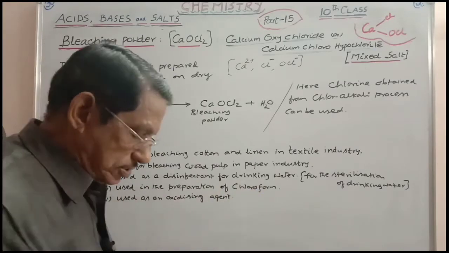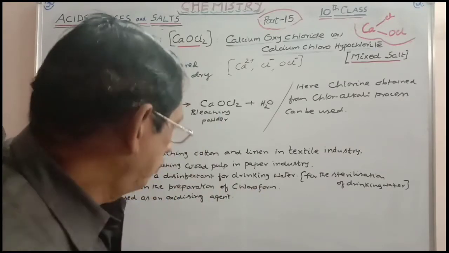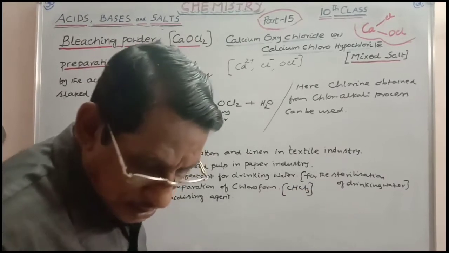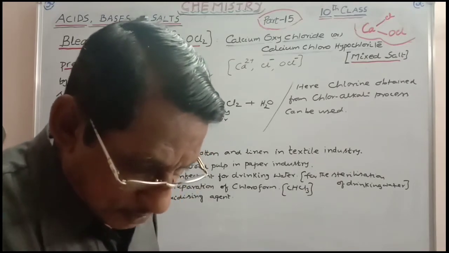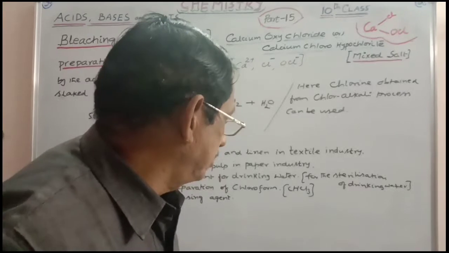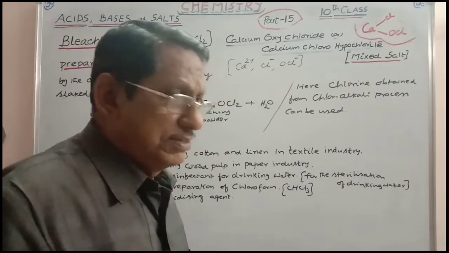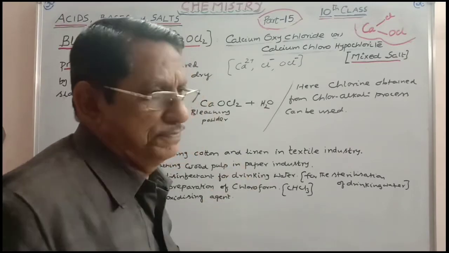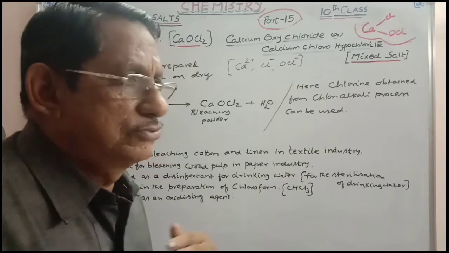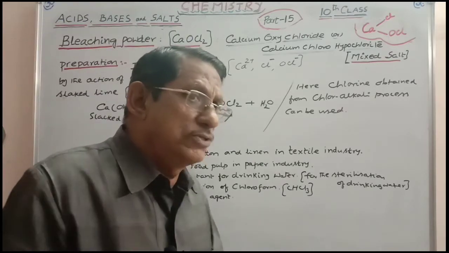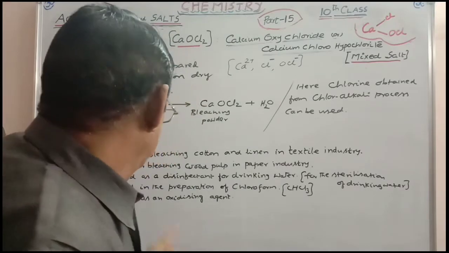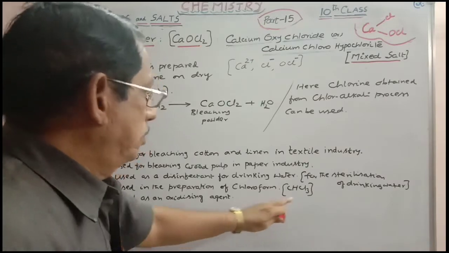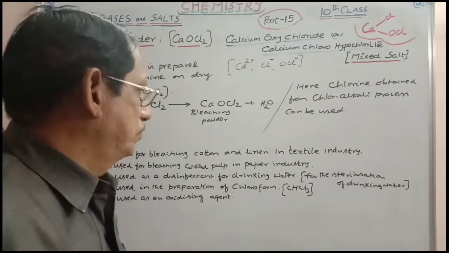Other one used in the preparation of chloroform. What is the formula of chloroform? CHCl3, chloroform, which can be used as anesthetic. That means when chloroform injection is given, you will feel unconsciousness. Thereby, for minor operations can be conducted on the body by doctors. That is chloroform. And of course nowadays it is not used because sometimes it may be converted into poison if negligence is made there. So here used in the preparation of chloroform. Here how is it prepared, just I will mention, hint I will give you later.